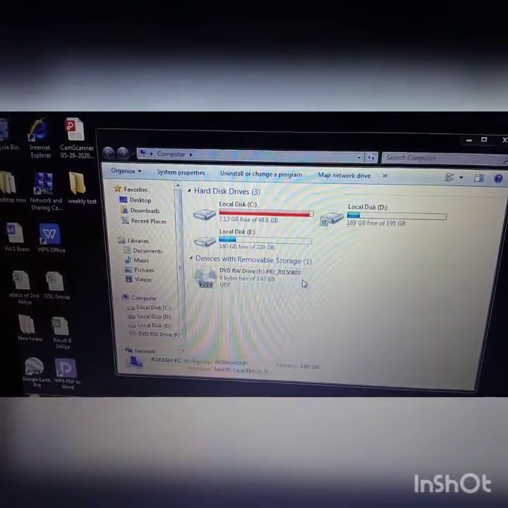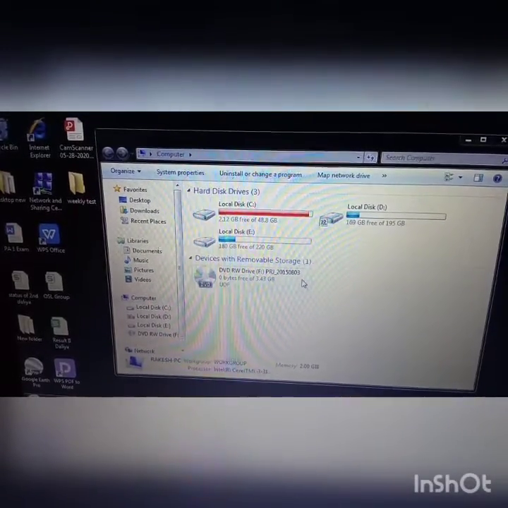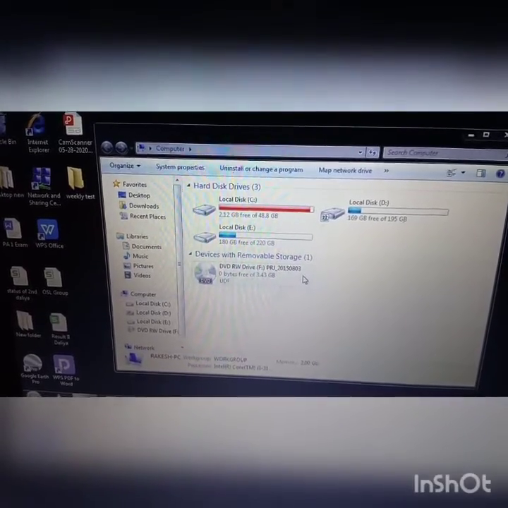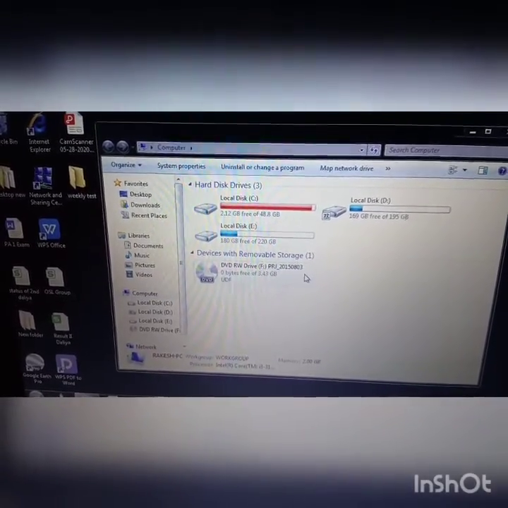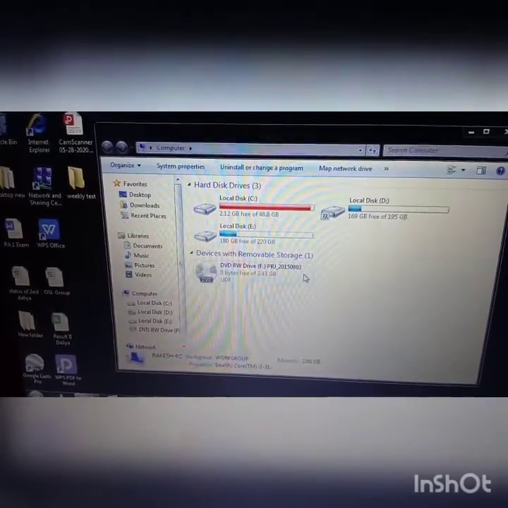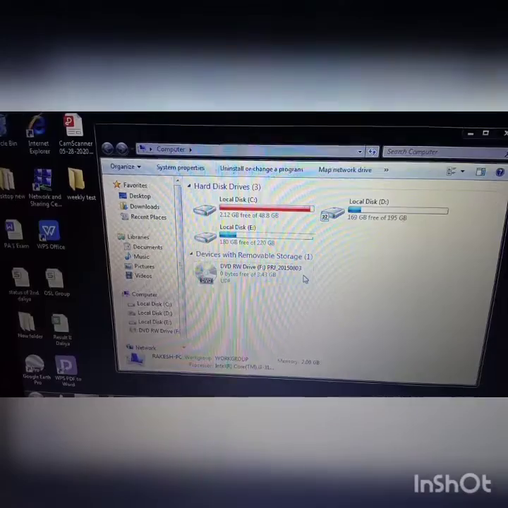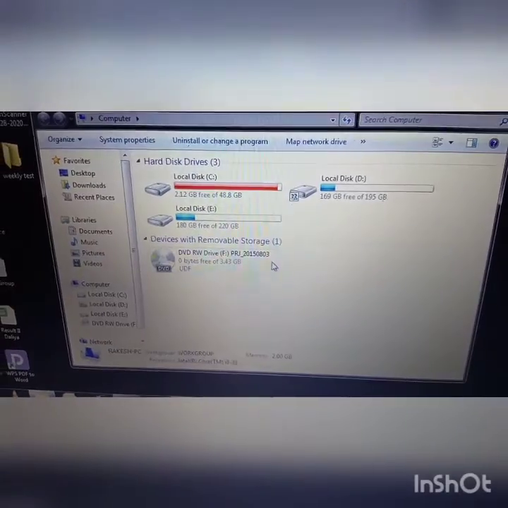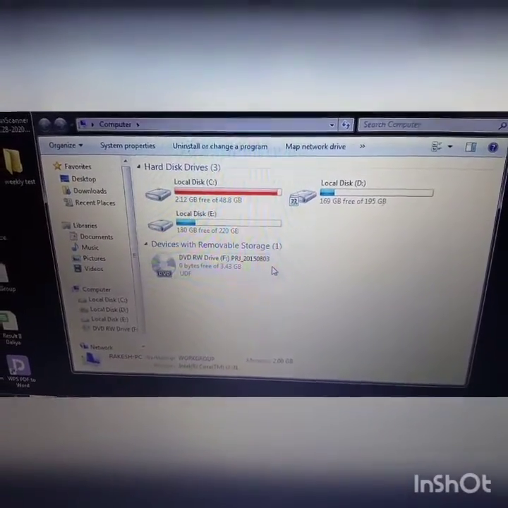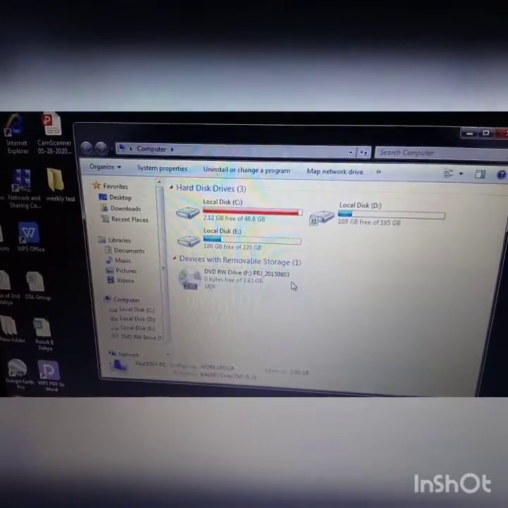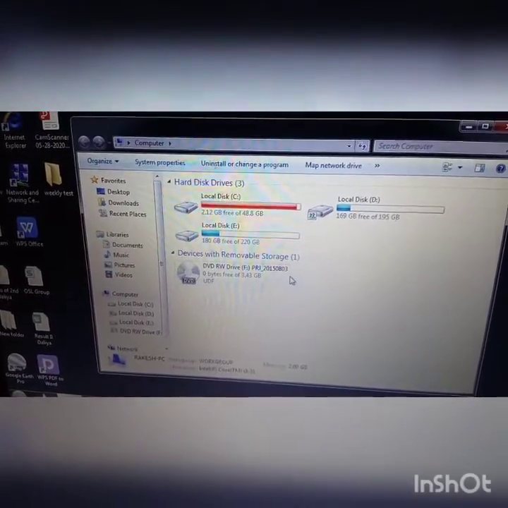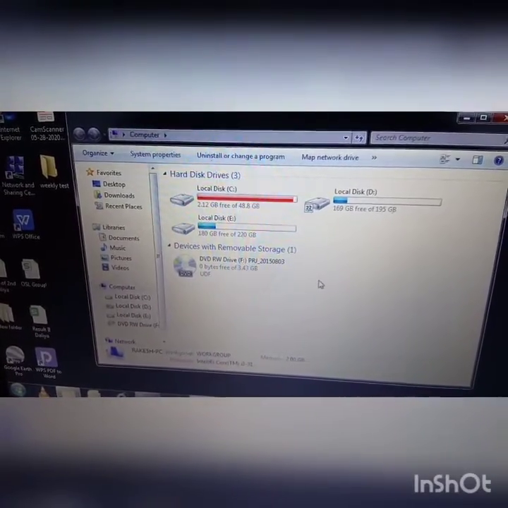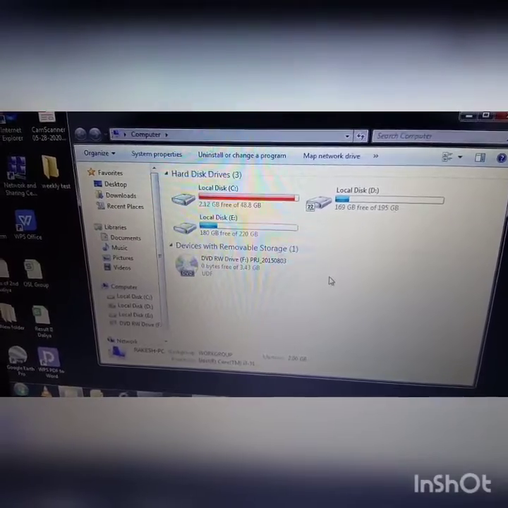You can use any CD, DVD, etc. You can also access other devices that might be connected to your computer, for example your digital camera or external hard disk. If you have added an external hard disk or digital camera, then you can see it here.